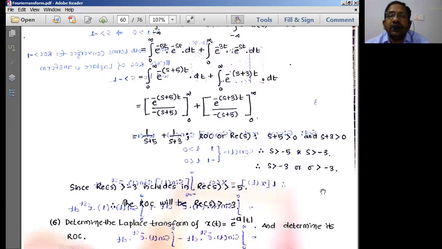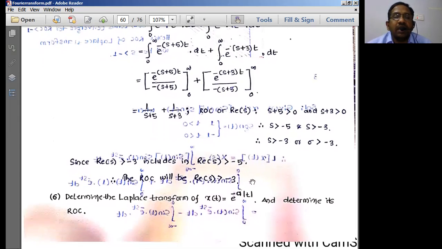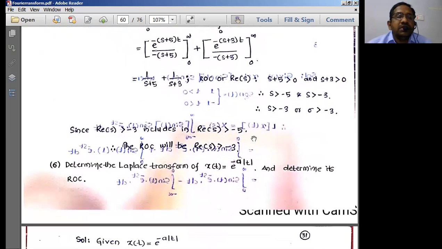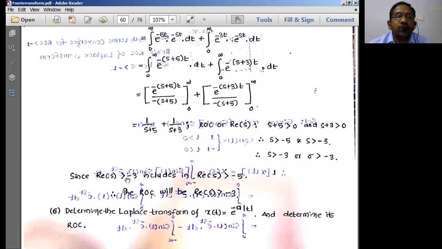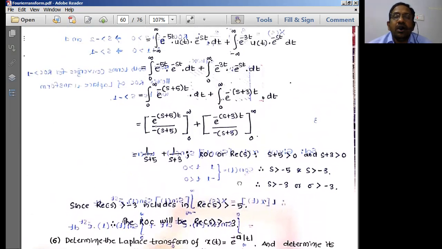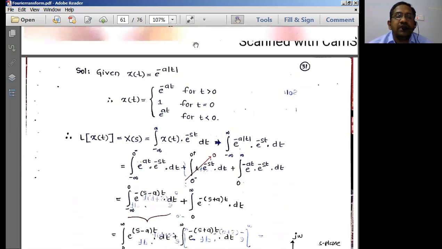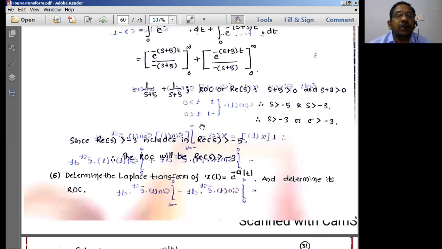Okay. So in this scenario, s will be greater than minus 5 and s is going to be greater than minus 3. The real part of s is nothing but sigma. So sigma greater than minus 3 and sigma greater than minus 5, that I can write. So these two have to be included in the equation for the ROC. When you include these two, what are the limits now? It is going to lie between minus 3 and minus 5. That means the ROC is going to exist on the left side of the plane. It is not drawn here, you can draw it here.